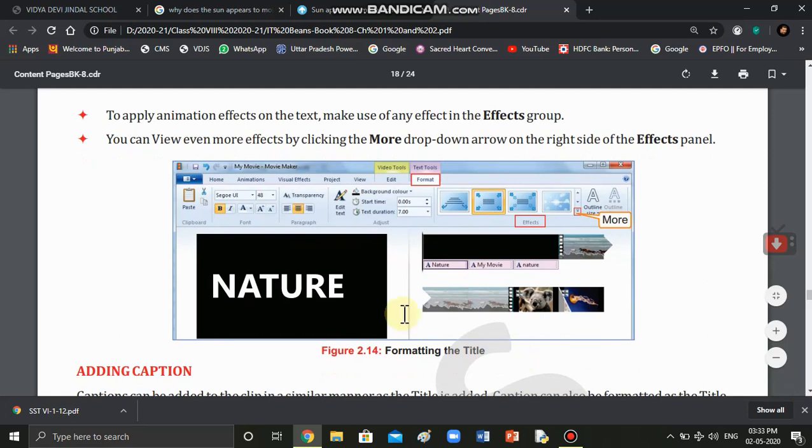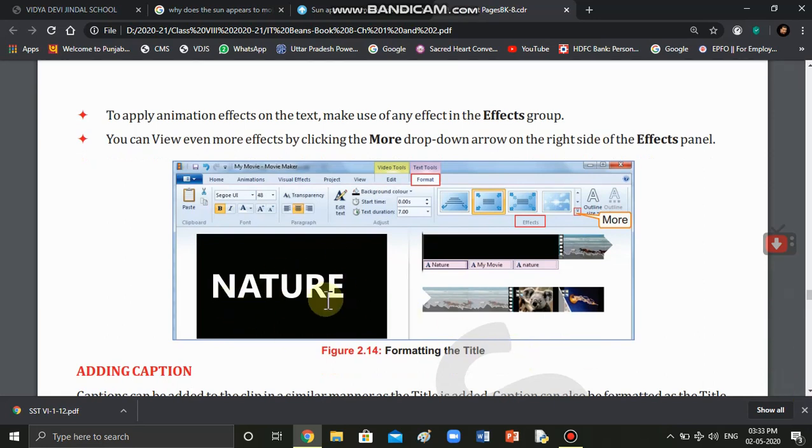See this figure 2.14, this is your preview. In this text nature is taken and they have applied some effects on this. You can edit text by selecting this one.